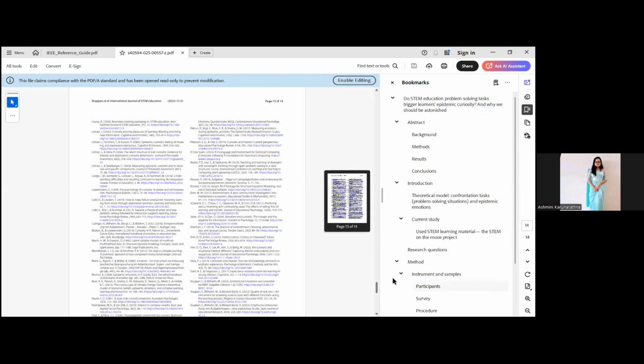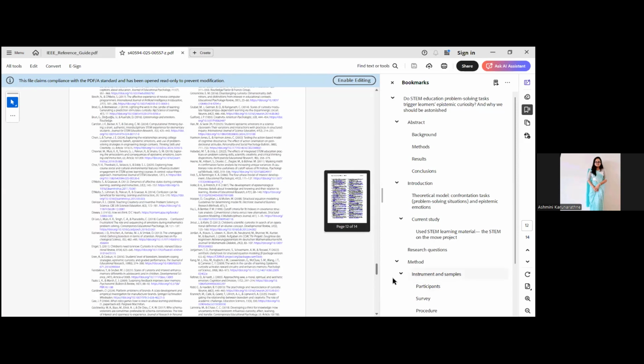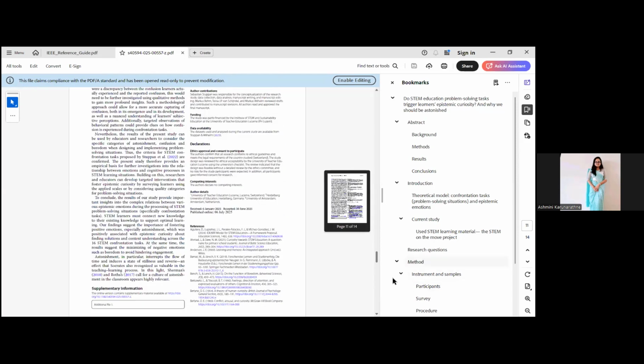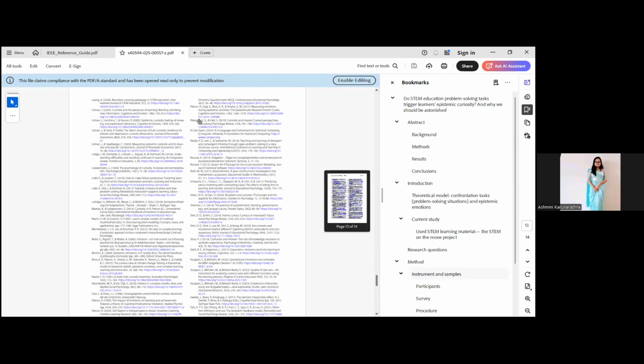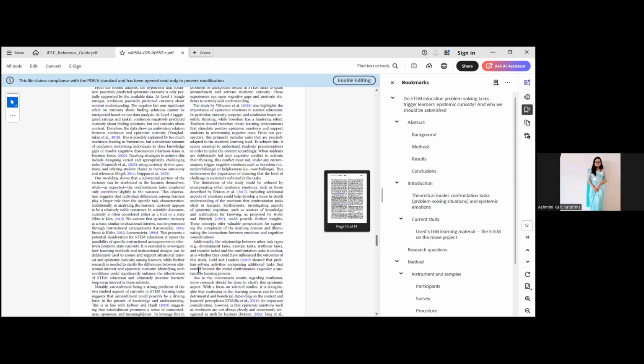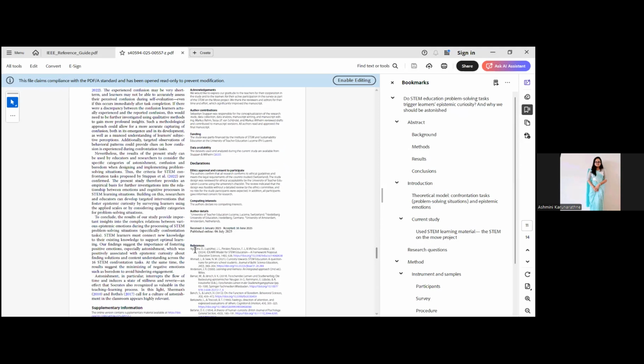That is the starting letter of the reference. You have to arrange them in alphabetical order, right? And you guys know this, if there are three A's, you go to the second letter. Now there are three references starting with A, so you go to the second letter: G, H, and N, right? So that's all about the referencing style, citations,